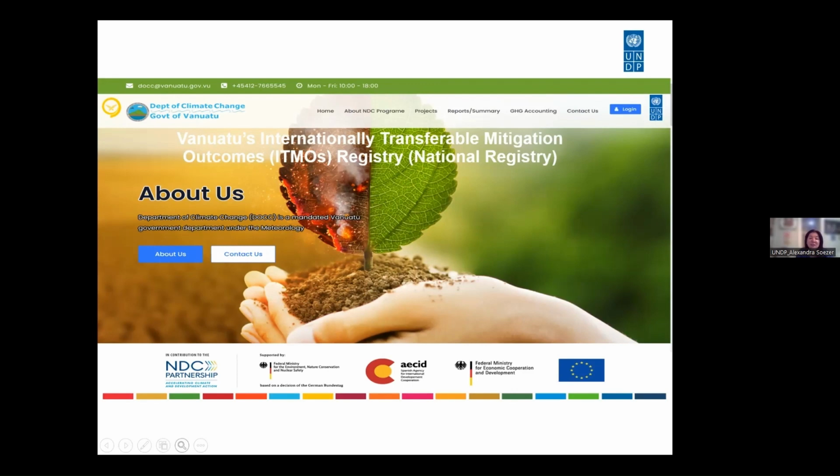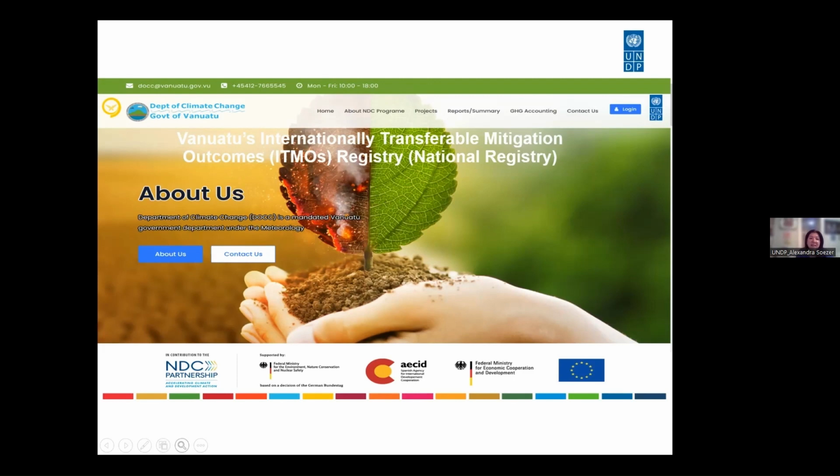The registry has different accounts. So, for example, a pending account for the Department of Climate Change, into which ITMOs are issued before being transferred to other accounts. Then a holding account also for the Department of Climate Change. The national account to hold and transfer ITMOs corresponding also to the share of proceeds that Vanuatu is keeping, 5% of issued ITMOs.